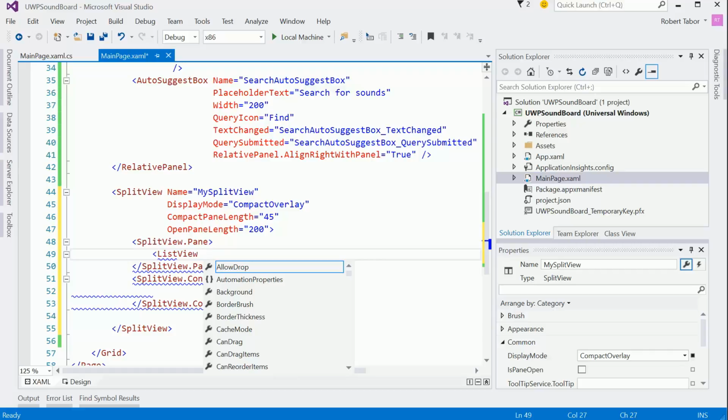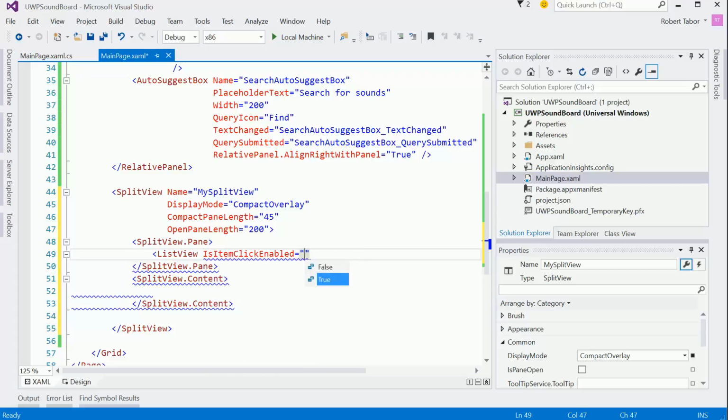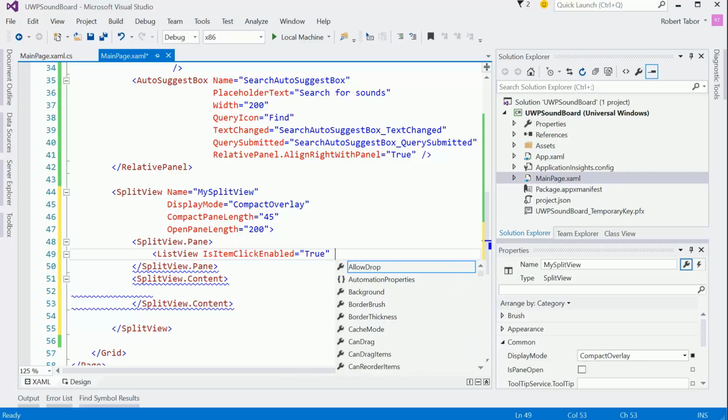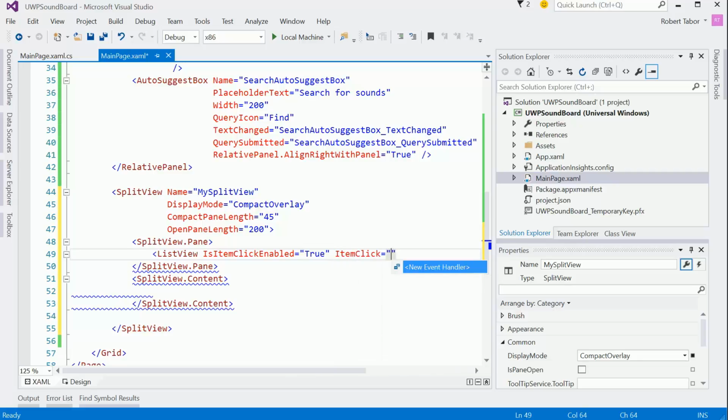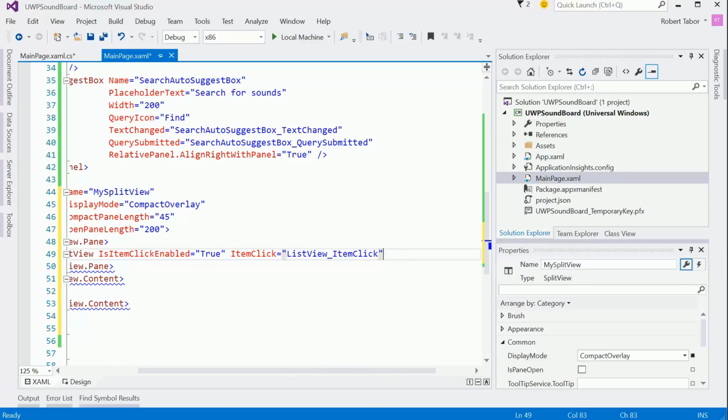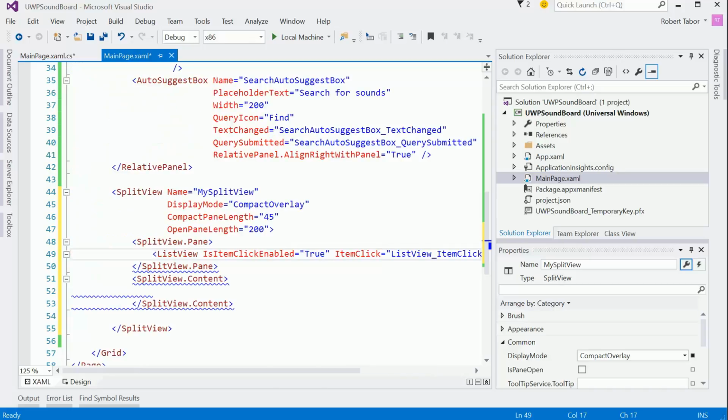Any rate, let me see. I know that we want the IsItemClickEnabled equals true on this. I know I'm going to handle the ItemClick event on this as well. I probably should give it a name. So Name equals menu